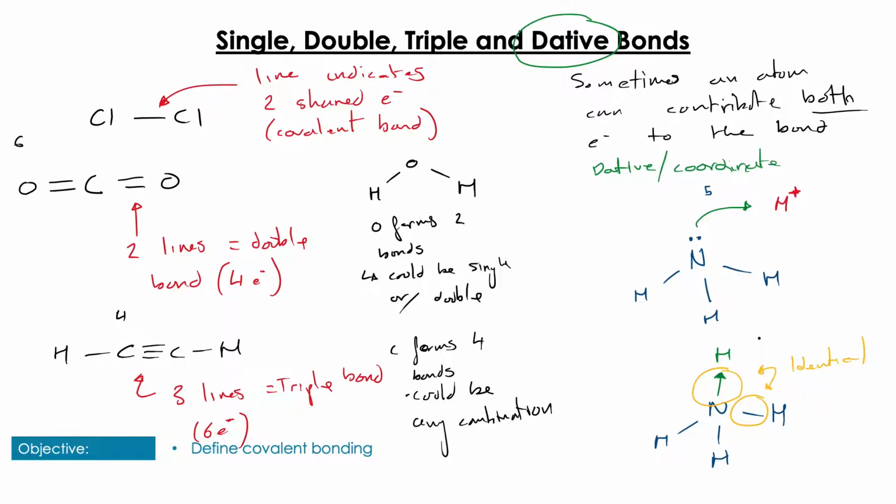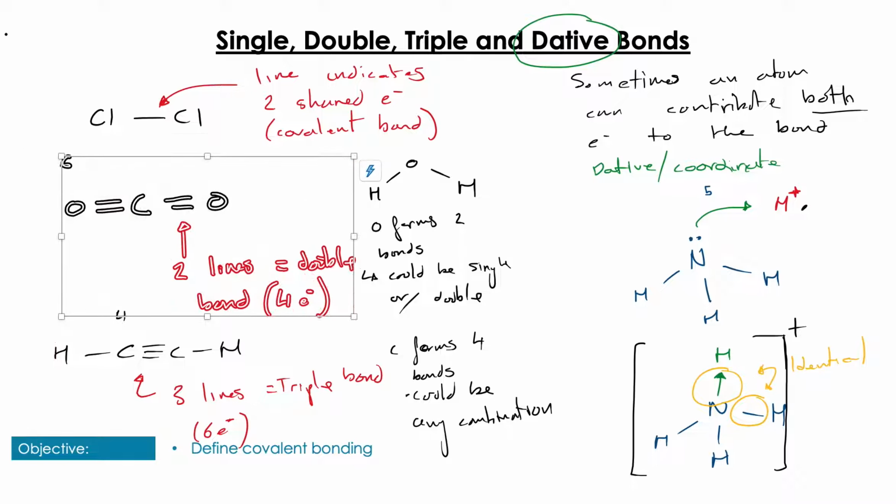Now, it is important to mention that these 2 bonds are identical once they are formed. They have the same bond enthalpy, they have the same length, they have the same strength. So they are not different once they are formed, it's only the formation that is different. And then we put some square brackets around it with a plus to indicate that this is an ion and